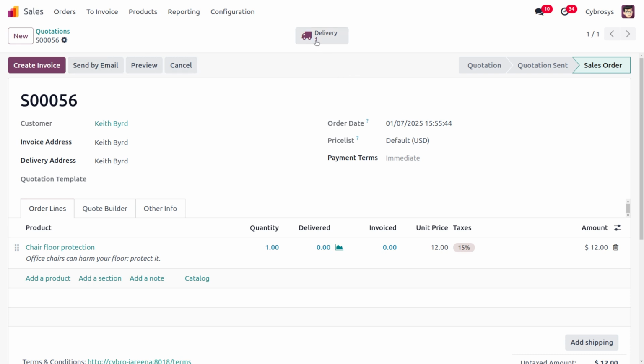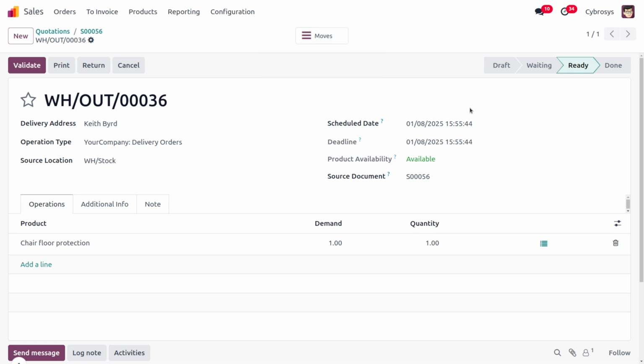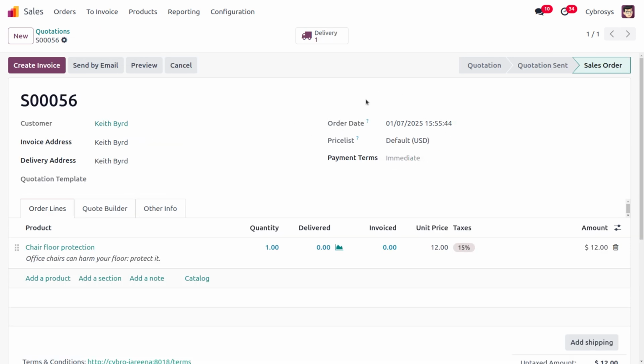And as we just move on to the delivery tab, here you can see that the schedule date is 1. Okay. And the product availability is also given as available, which means under the order date, here you can see it will be reserved 1 day before the delivery of the item. The customer lead time is only given as 1. If you're just going to give it as 2 and all, 2 days before the delivery of the item, it will be reserving. So actually by tomorrow we have to deliver the item. So today itself it will be reserving. I mean the item will be reserved.